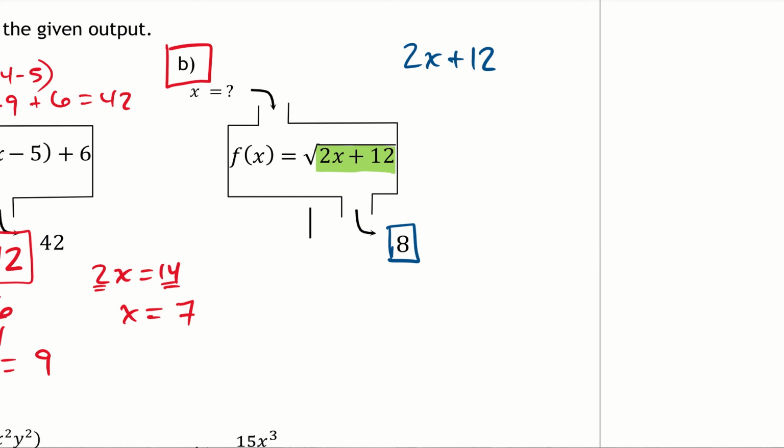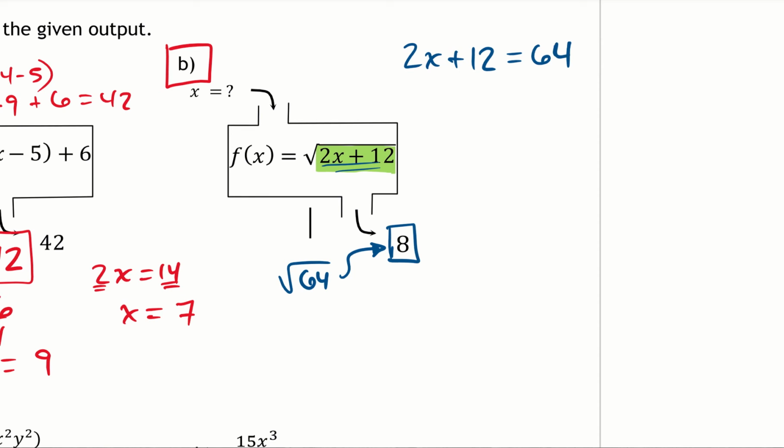Because if you think about this for just a minute, when I take the square root of 64, that's when I get a value of 8. So the thing inside has to be 64. Now, you can quickly get that by squaring the 8 and seeing, oh yeah, 8 squared is 64, so that means this thing inside has to be 64. So what I'm going to do is say, hey, 2x plus 12, you need to be the number 64. That expression needs to be 64,